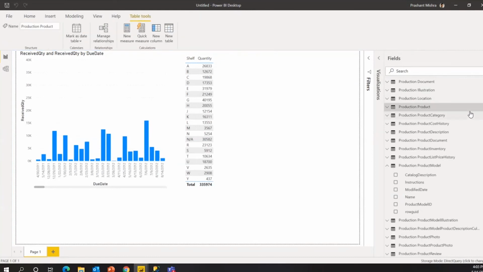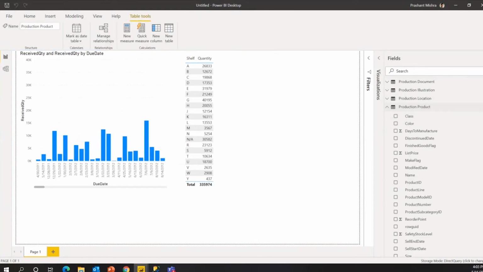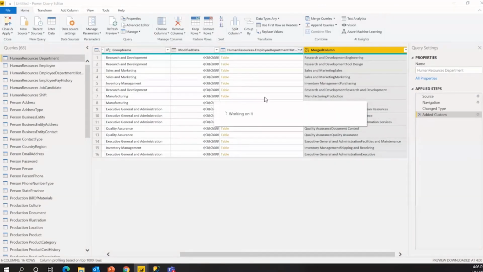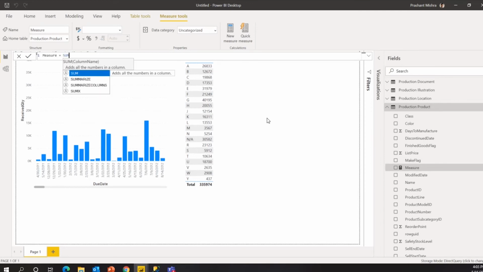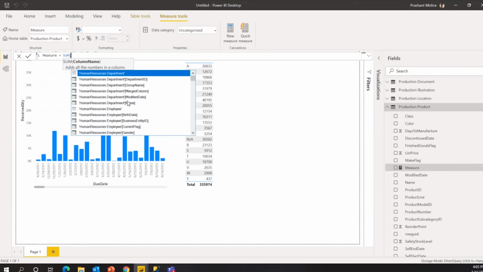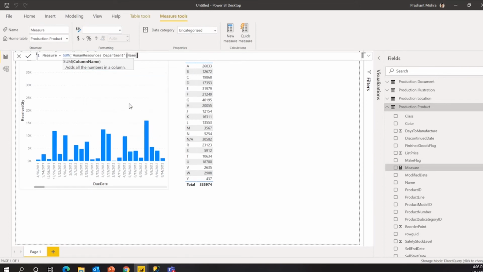So let's take an example of this one only. You see here we have a quick measure, or new measure. When I click on this, you see this here, you will get measure equal to something, right? So we need to write something here. What I'll do, I'll just try to type sum. Okay, maybe sum of department name, right? Anything is fine.